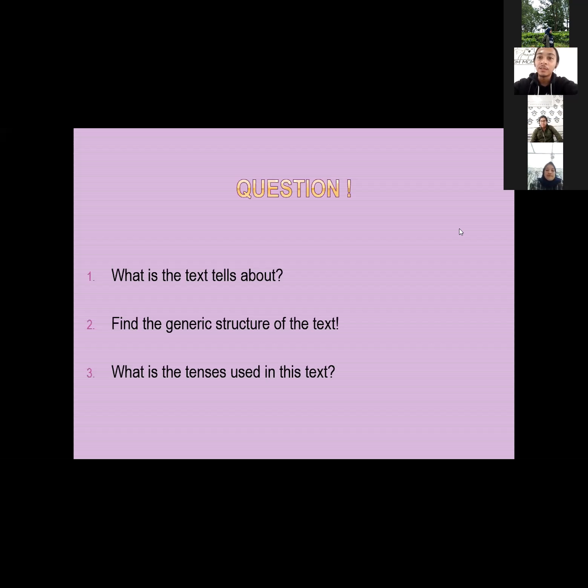And for the description, it starts from the third paragraph until the last paragraph. And the tense used in that text is simple present tense. Okay, great, Reza. Thank you.